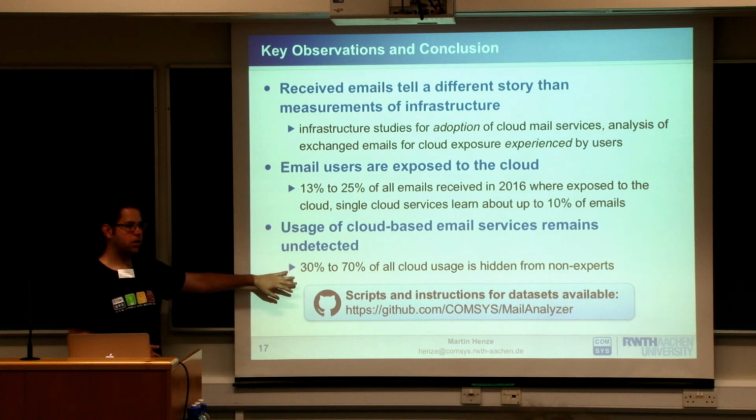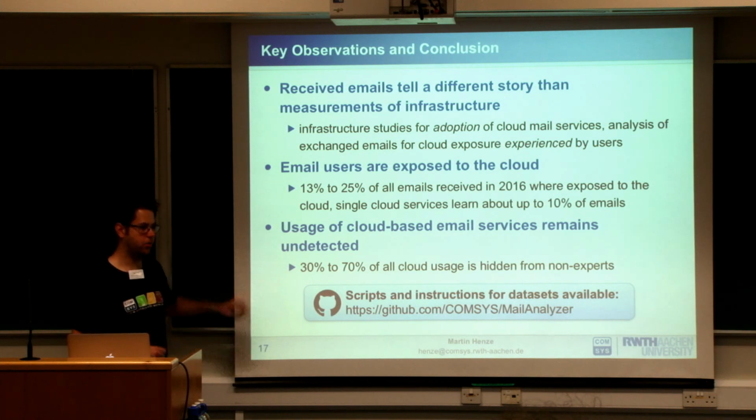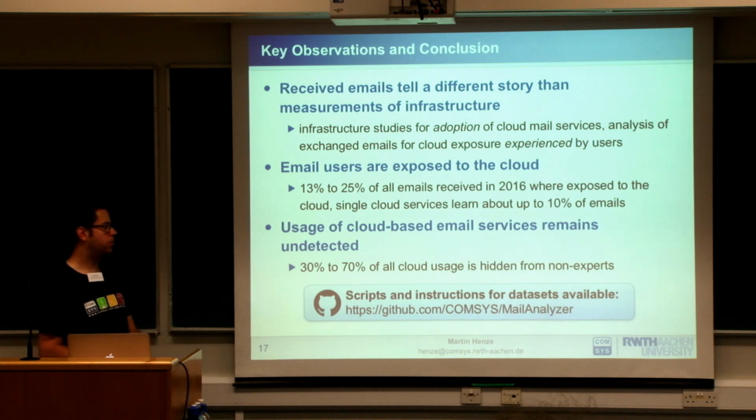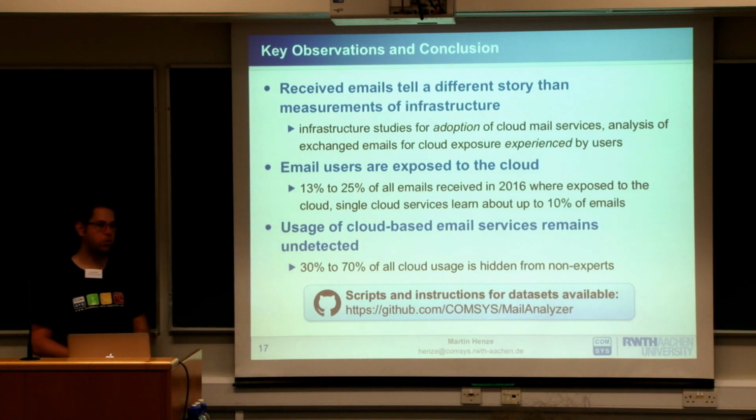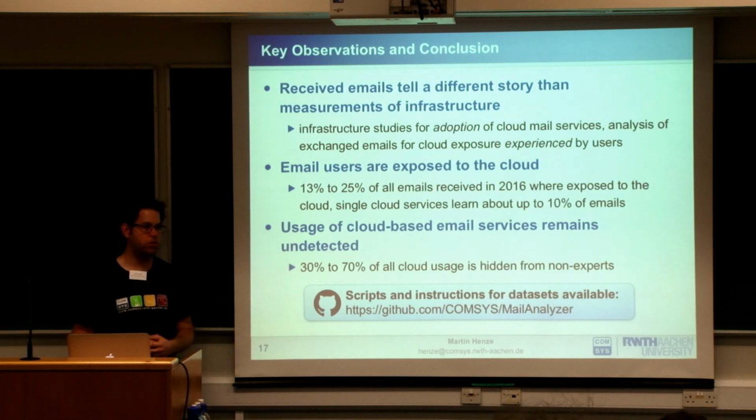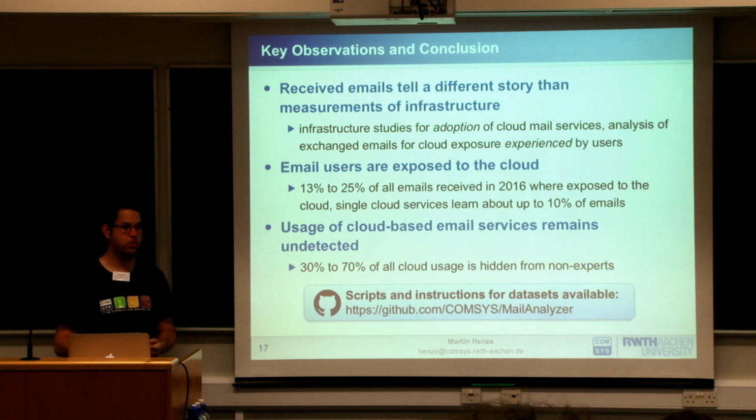Exactly, even if it was on a CC line, we said, okay, if you are with your Gmail address in the CC line and I received the email, I'm also aware that it ended up at Google if it did end up on Google. But because we don't really know if the email ended up at Google just because there was someone at the CC, we didn't count it for the overall numbers. So we always took the safer number, just to be sure that we don't make any errors, or that we at least minimize errors.